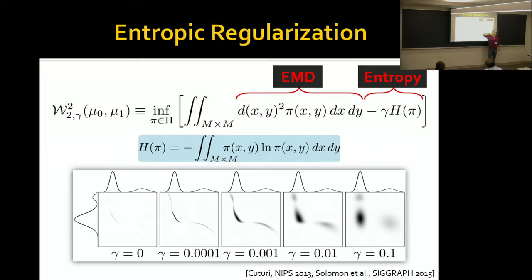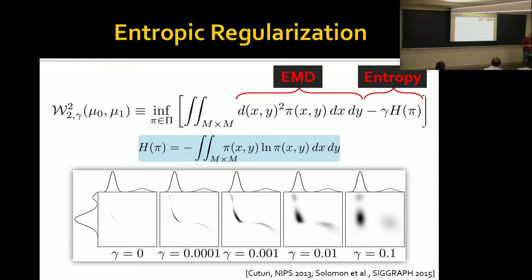Yes? Could you explain a bit what is the graph? This thing here. Sure. So we have two different one-dimensional probability distributions. I've taken one and plotted it here, the other rotated it 90 degrees. And then the color here is the function pi of xy that I get when I solve the transport problem. Black means pi is large, white means it's small. So the way I should read this is that I pick up snow here, and I map it there.